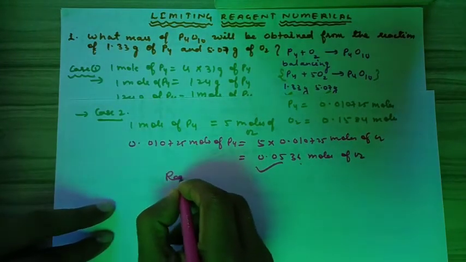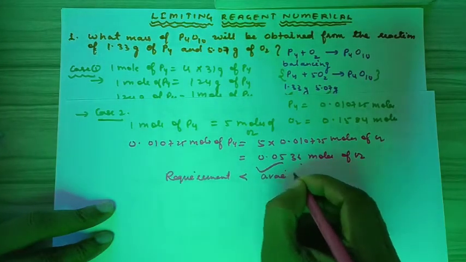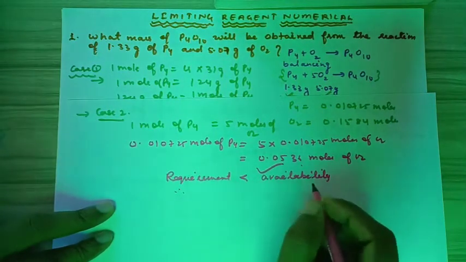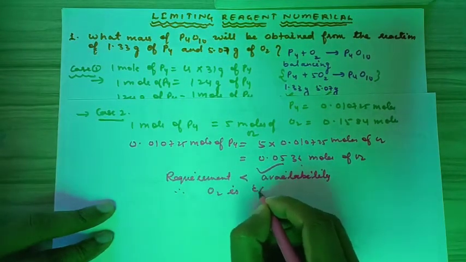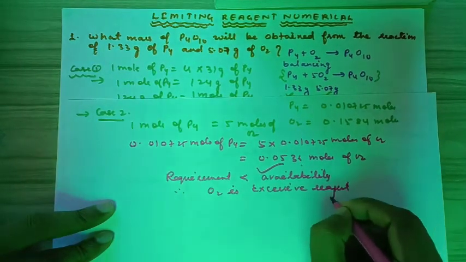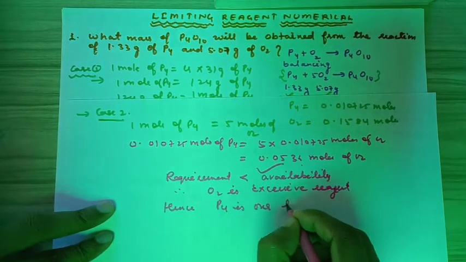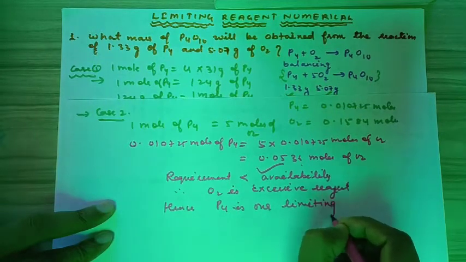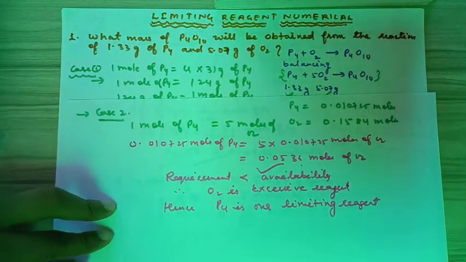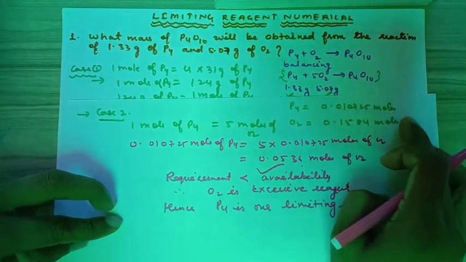Now here the requirement is less than the availability, so O2 is the excess reagent. Hence P4 is our limiting reagent. Or simply we can learn that if the amount comes out to be less than earlier, the other part